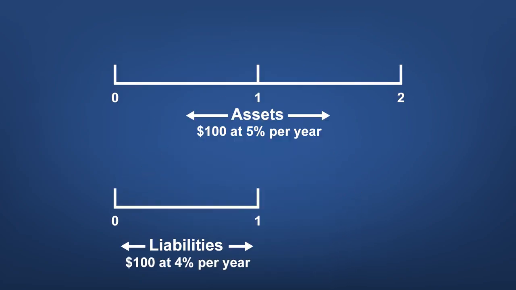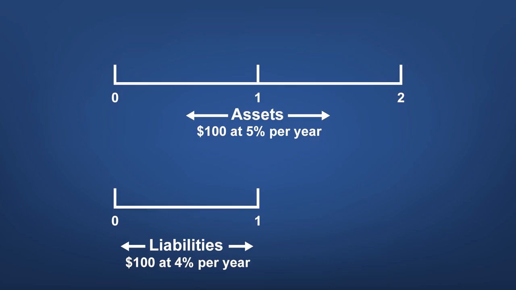So, are banks better or worse off when interest rates rise? Well, it depends on the bank. Here is a bank that borrows short and lends long. This is a fairly typical bank. It has $100 of assets that mature in 2 years. Let's say these assets pay 5% interest per year. This is a fixed interest rate that pays out each year.